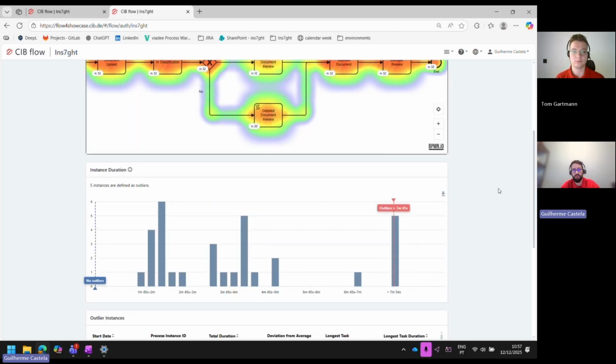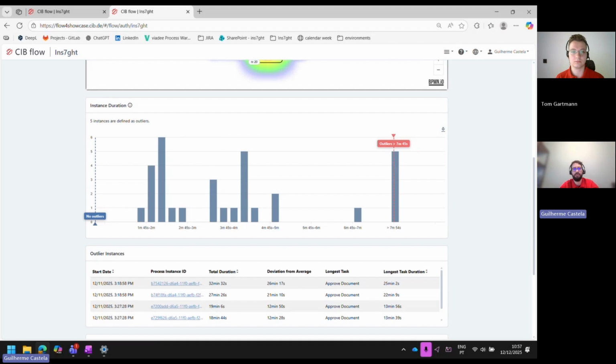Continuing on this page, we then have an instance duration graph. What does this show the user? It basically shows you the duration that each instance has run, plotted across time. It uses a statistical IQR method to calculate outliers. So basically, it will show the user what it has automatically calculated as instances that take more than expected. This works for positive, so more than expected, or negative, so less than expected. If you had any instances that were actually quicker, it would show,